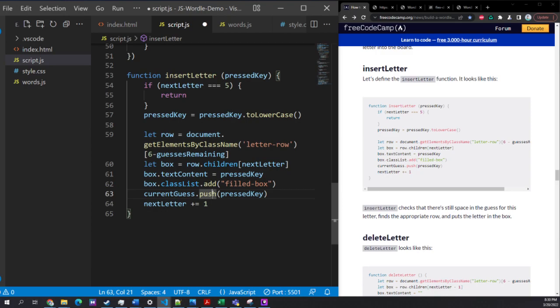We add it to the end. We add our pressed key to the end, and then we also iterate the next letter, which will bring us to the next box in the row. So I know this is a lot, but